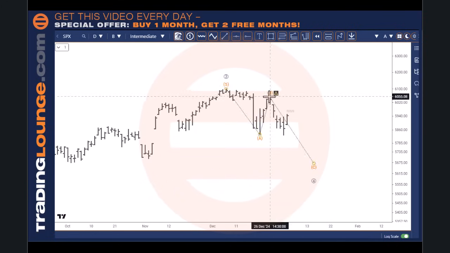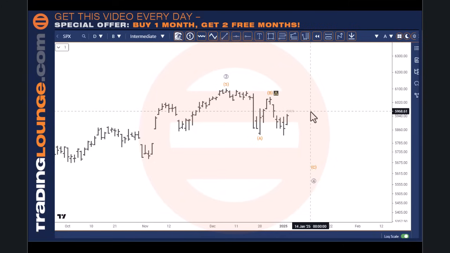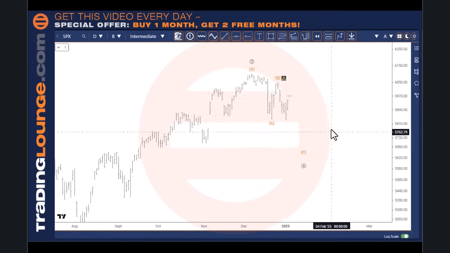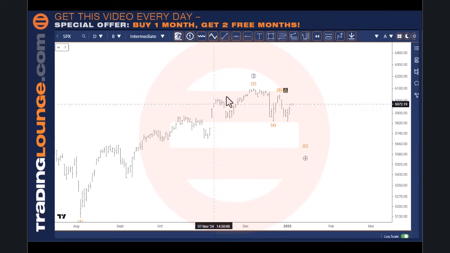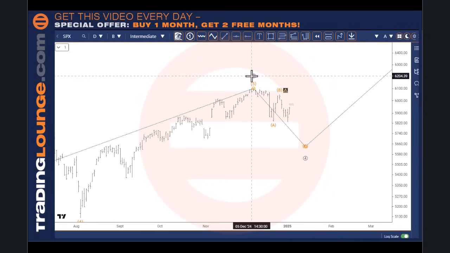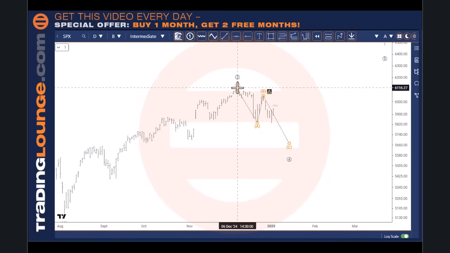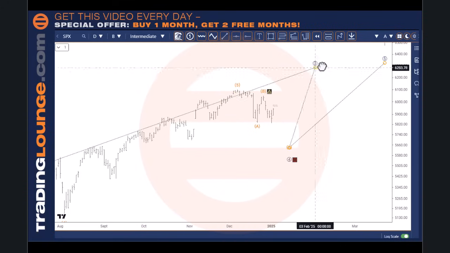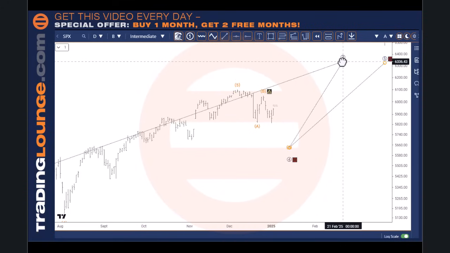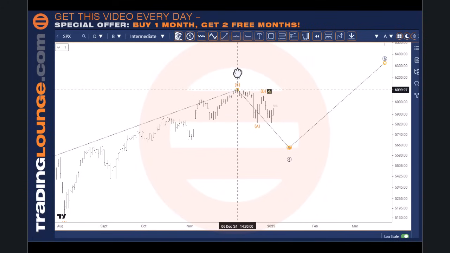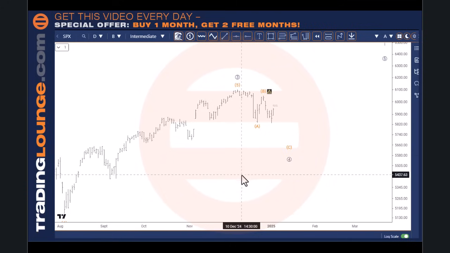Now, between this top here and this bottom here, this is the 61.8% mark. So if that becomes a tested support, then we'll look for long trades at that point, and then we'll go up. But if it does go up from here, then I think we can still be in this trend, and then we'll need to put this wave 3 further up here in the food chain. So we'll just see how that plays out.